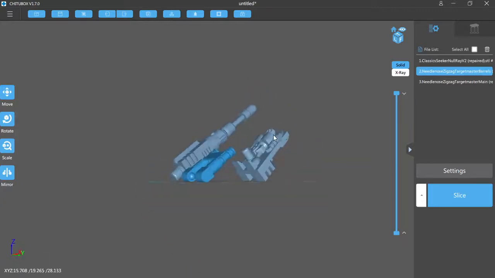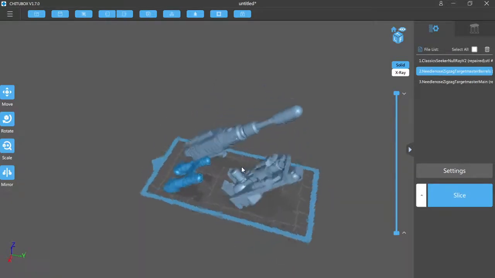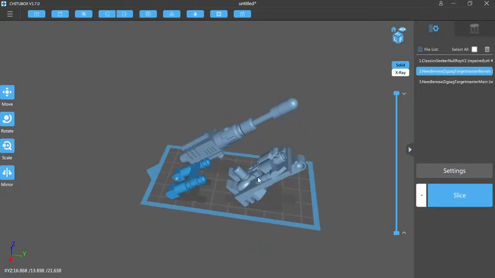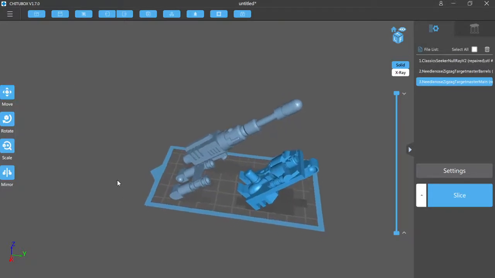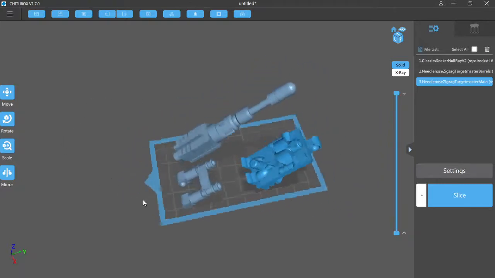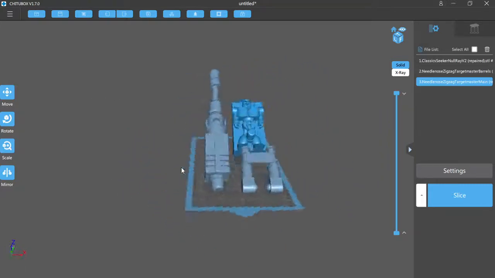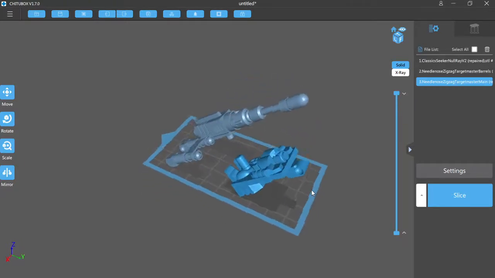Right click allows you to move and drag around the bed. Left click will move objects, and you can move the bed around a little bit, but to rotate it I use left click. All right, and then